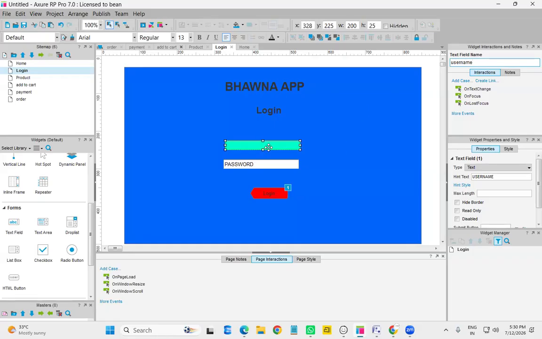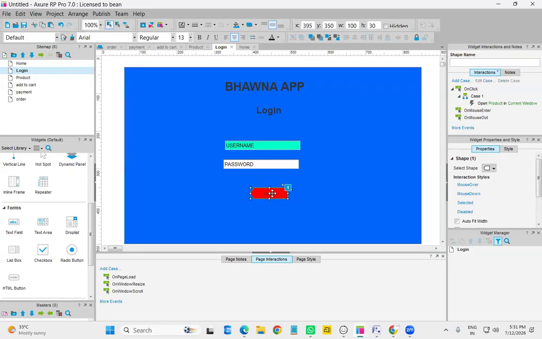Okay, select the text input box and set the text field name as username, and here also in the same way for password, set the text field name as password. Okay, so now you need to give the condition. For this login page, when we click on the login button only, the next page redirects. So for this login button, we will give some condition. How do you need to give that condition? So here you can see,